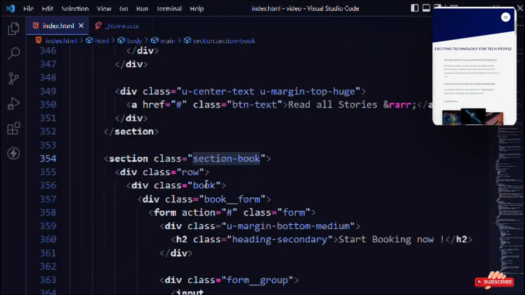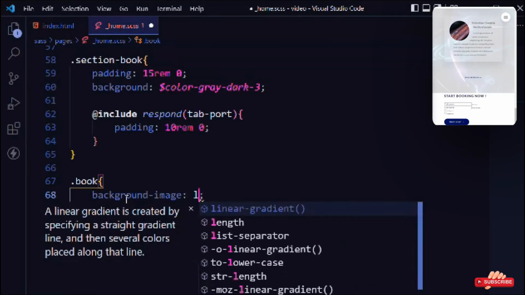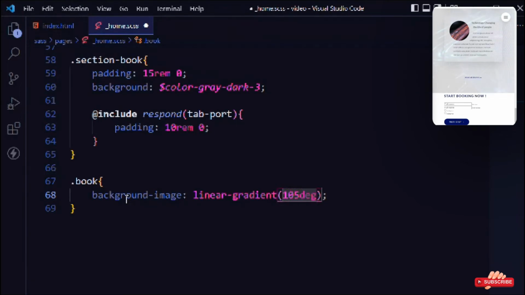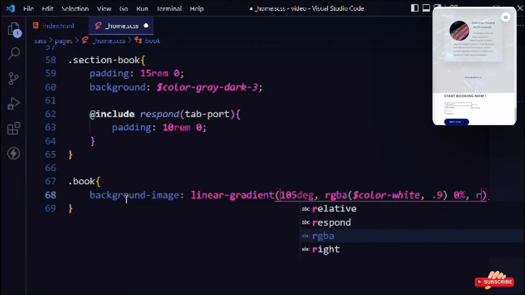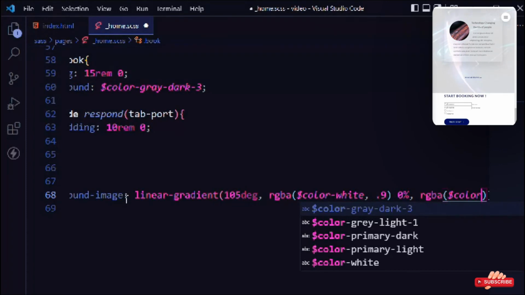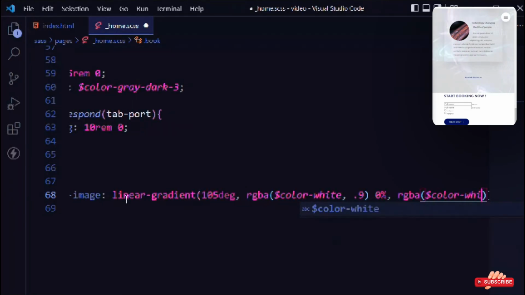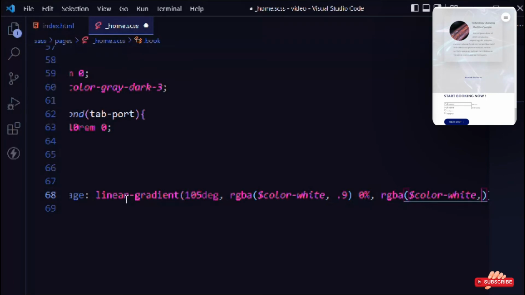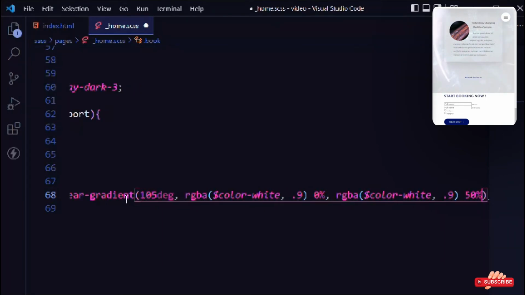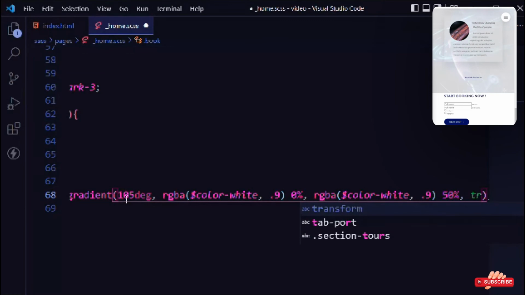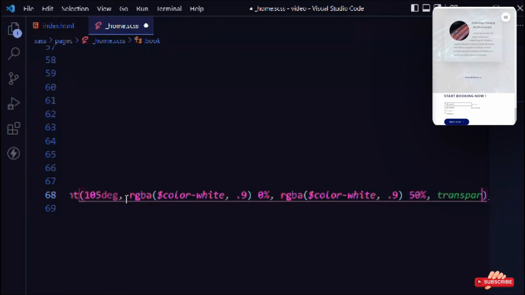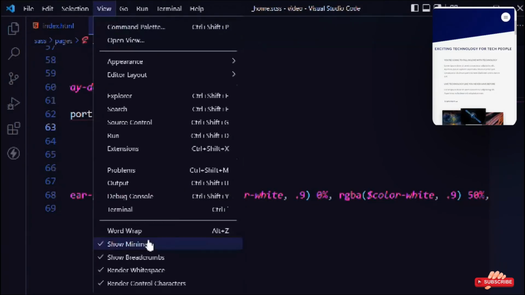Let's come here and let's target the book. Background image linear gradient 105 degree, RGB, color white, and it will have opacity 0.9 and 0% transparency, and the other color is going to be RGB, color white, 0.9 and 50% transparency. Let's add a transparency, so this will have a 50%. So let's format the document